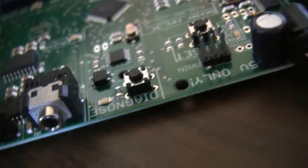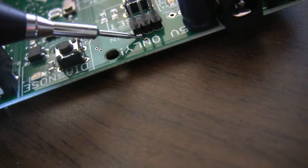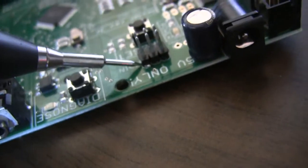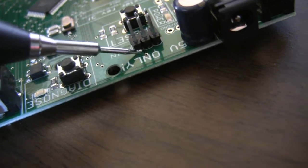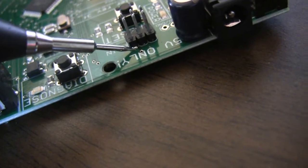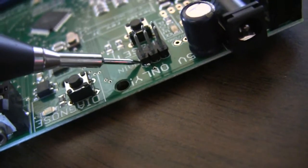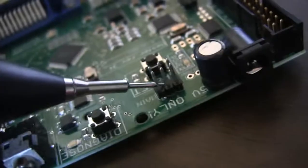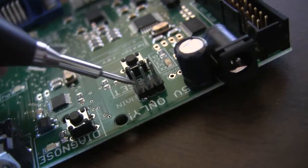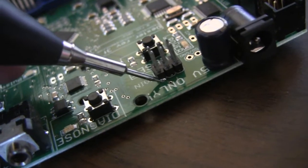And I don't know if you can see this, my camera's probably going to go out of focus, but there's this blob of solder right here. So I'm wondering if underneath this pin header there's a solder bridge, because it seems unusual to have this blob of solder. I'm thinking this part was actually soldered on by professionals, by the company that made the Dexter boards. So I wouldn't expect them to make this kind of mistake. But